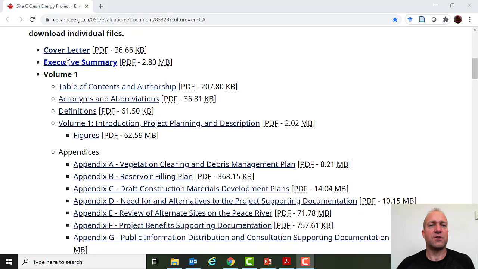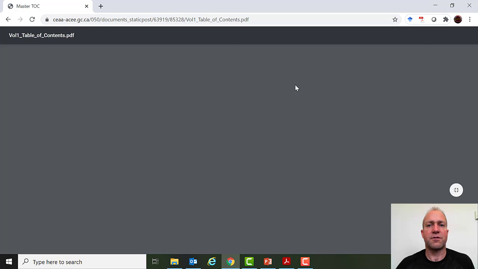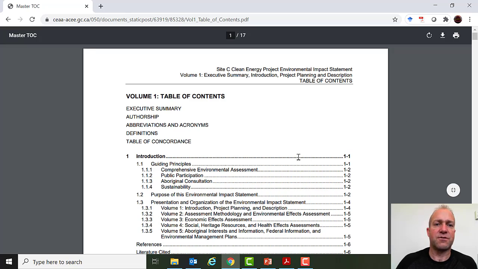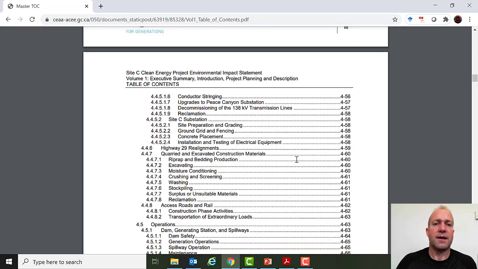So this is fairly typical of an EIA or an EIS. We'll have a cover letter that introduces the document to the government, an executive summary, which, as I mentioned in Lecture 1, I hope you've had a chance to read. It'll really help you with the rest of this project. An important thing that not a lot of EIAs have, but is good to have, is this table of contents and authorship. So for each of the volumes, there's an individual table of contents,